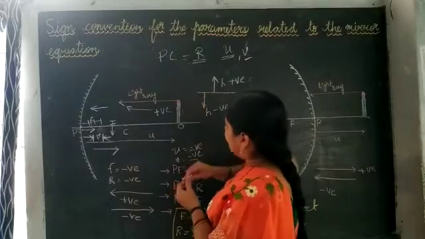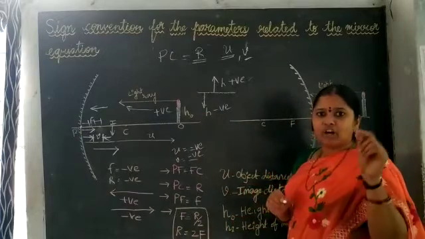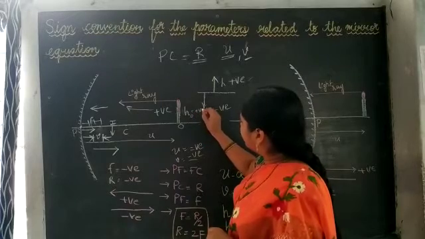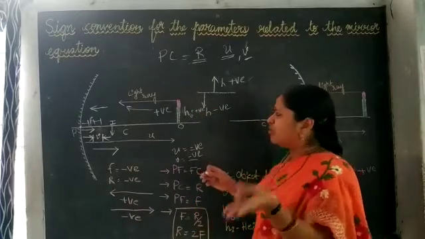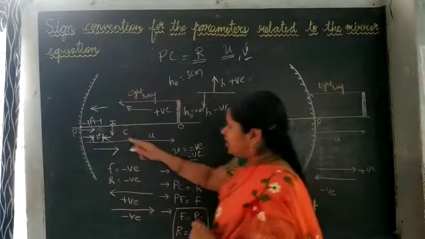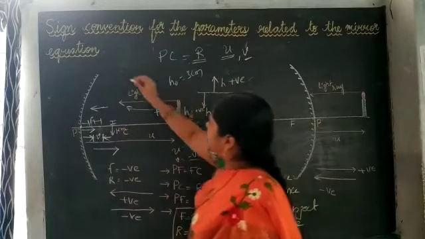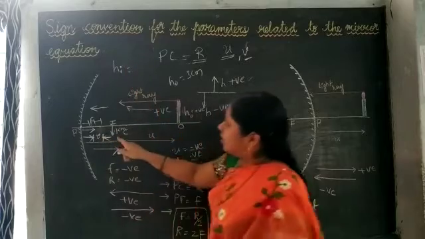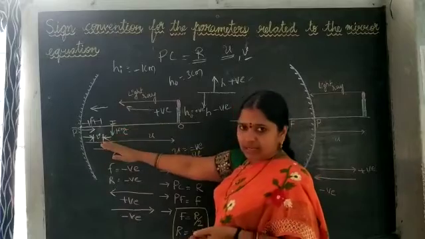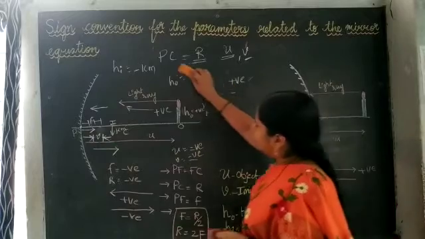Here, for example, this is the object. HO refers to height of object. Here the height of the object is above the principal axis. That's why this is positive. Suppose this may be 3 centimeters or 4 centimeters. The height of object is 3 centimeters. So this is the image. Suppose this is 1 centimeter. How will you write? The height of image is minus 1 centimeter because this is below the principal axis. Above the principal axis is positive and below is negative. This is the third rule.